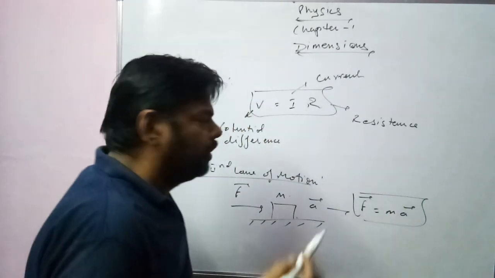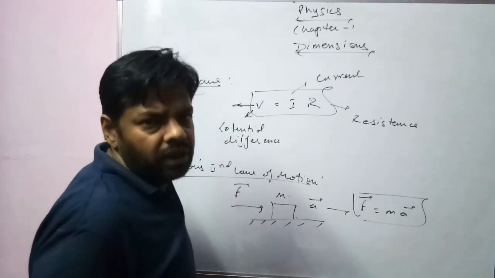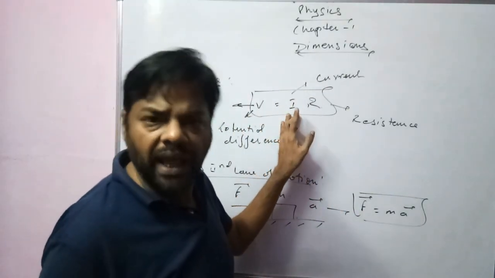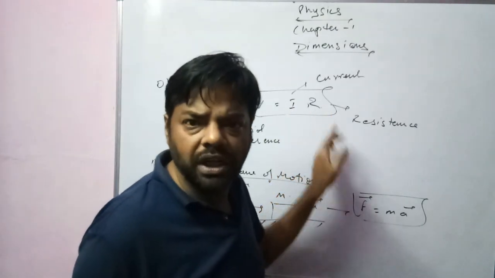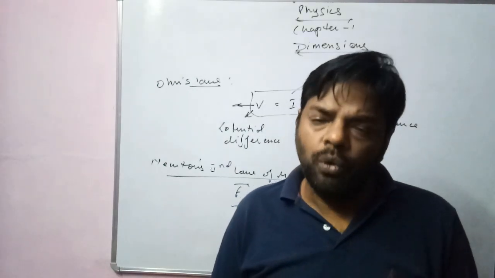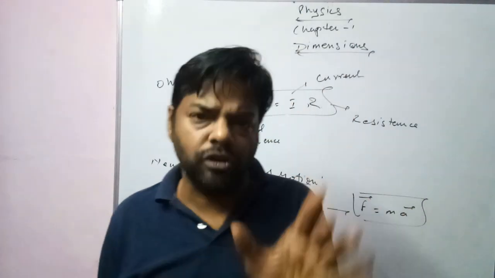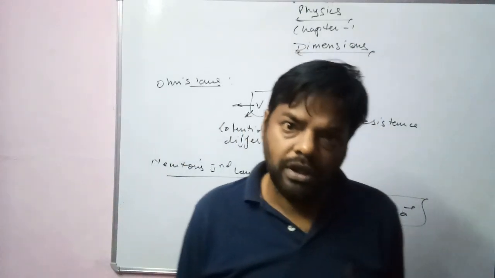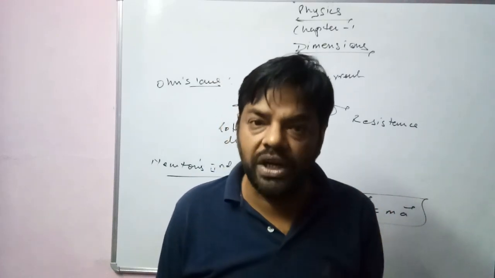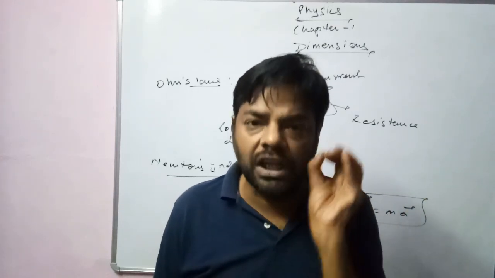You must have noticed in your lower classes that this potential difference can have any value. This current I can have any value. This R, the resistance of the conductor, again can have any value. So, students, when we study the different laws of physics, we always study them in terms of some measurable quantities, and those measurable quantities are called physical quantities. So the very first basic of class 11th is physical quantity.